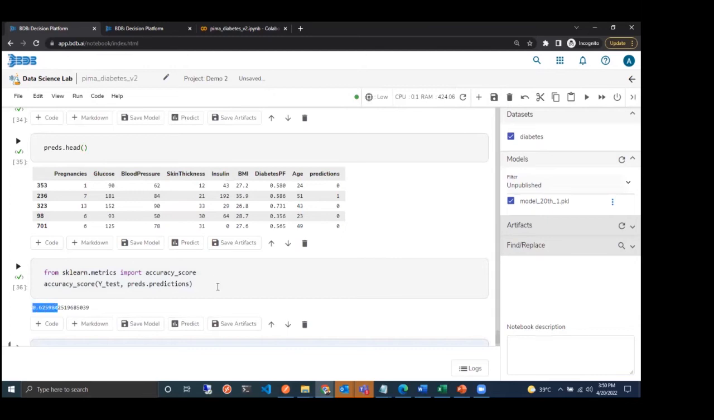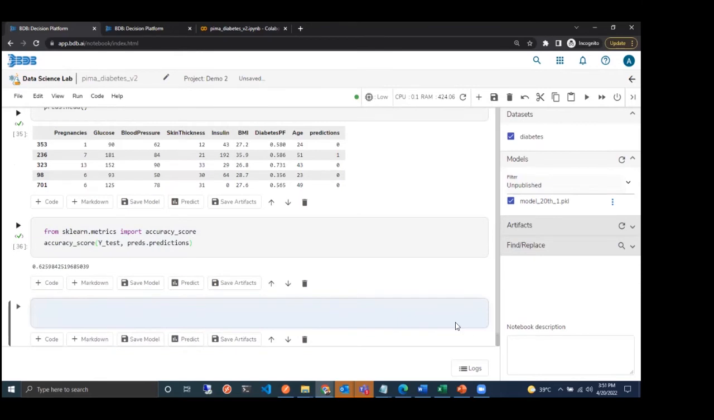I have already made the disclaimer. My intention is not to give you a model that is 99% accurate, and that is not the intention. It's just to show you how we use these features. So now you can see I created this notebook. I used the data set,